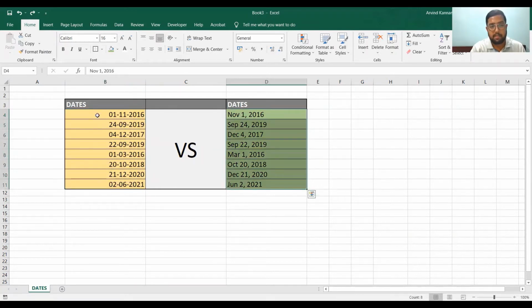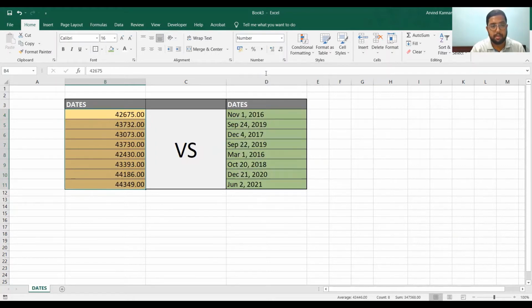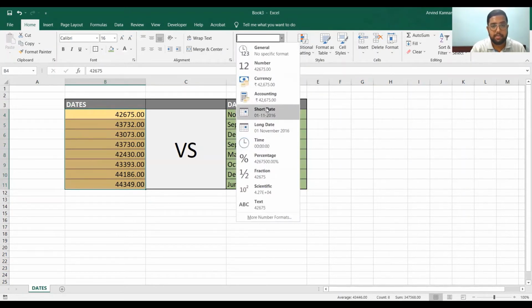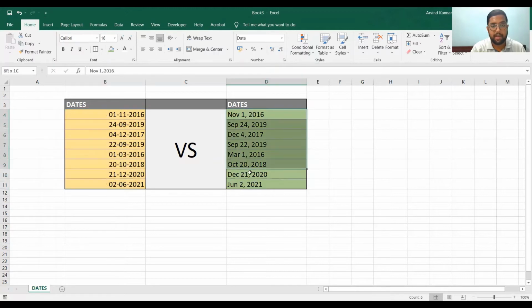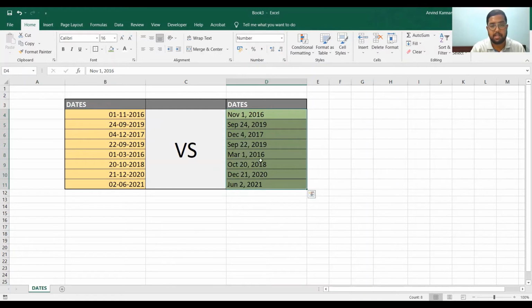One more way to check whether this is really in number format is by selecting this data and selecting in the drop down, number. It gets converted to a number. Now these are the numbers in which format the respective dates are actually stored in Excel, right? I'm going to change that back to short date. And if I come here and select number, there's going to be no difference, right? It did not change a bit.